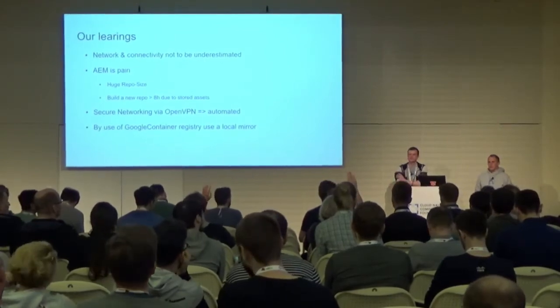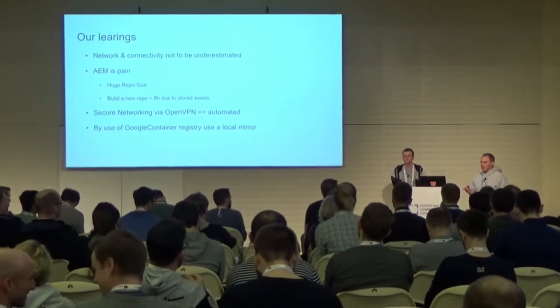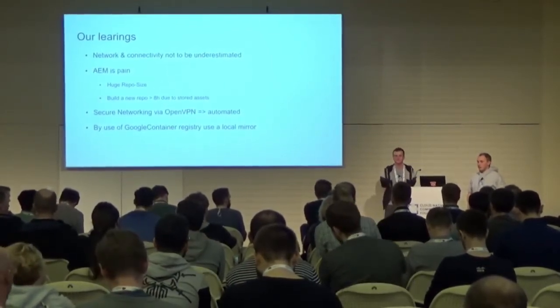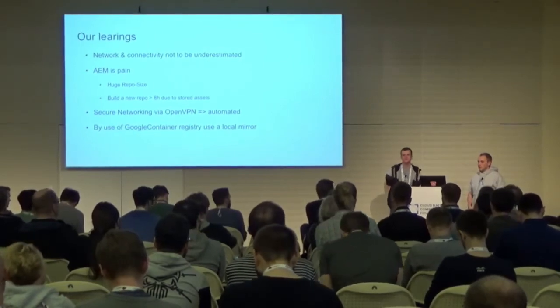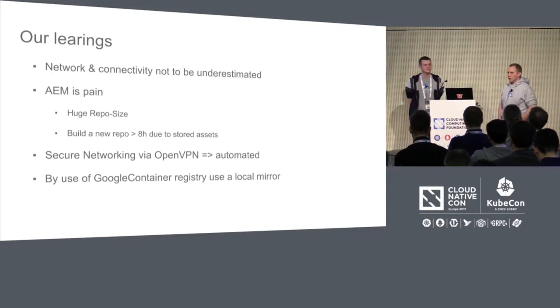Yes. So basically, you have just one cluster, right? And different namespaces for production, feature branches. So how do you then operate the Kubernetes itself? How does it work? Because we are on Google Container Engine, we...